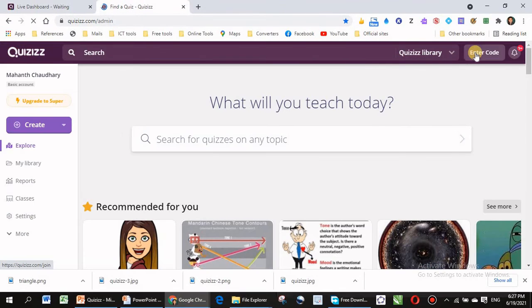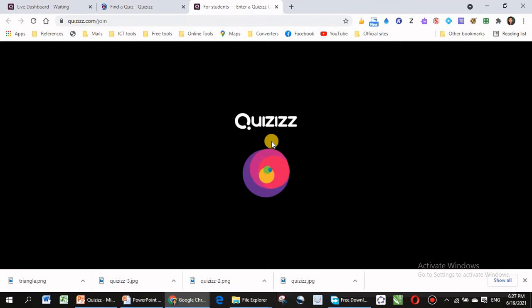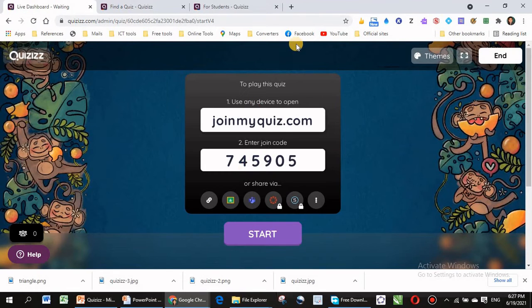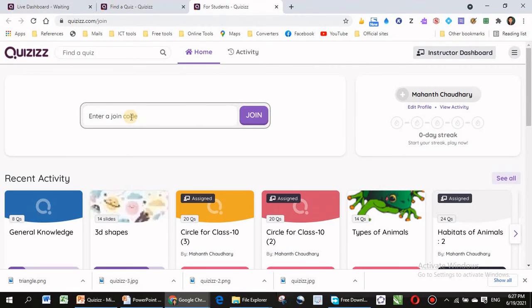I am going to enter the code here. 745905. This is the code. So the code is already inserted here. Click on join to enter into the game.